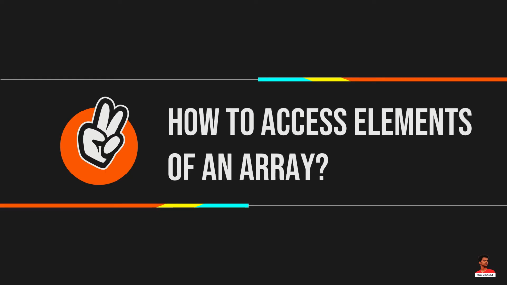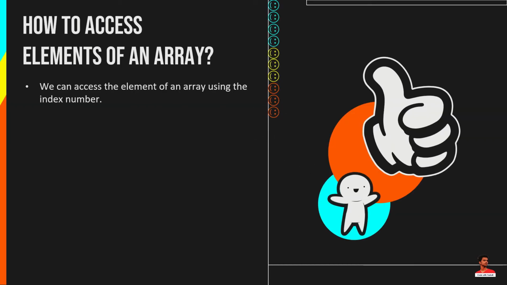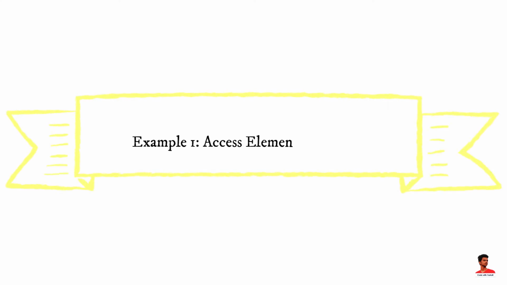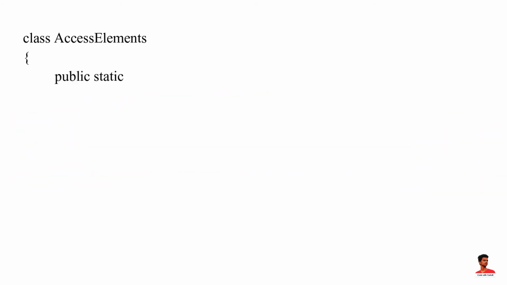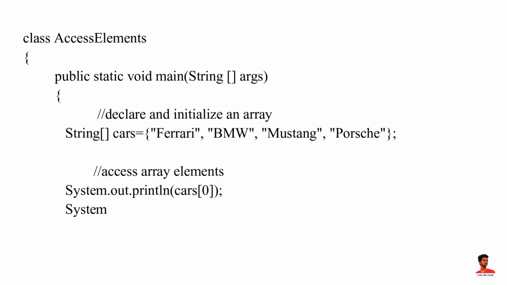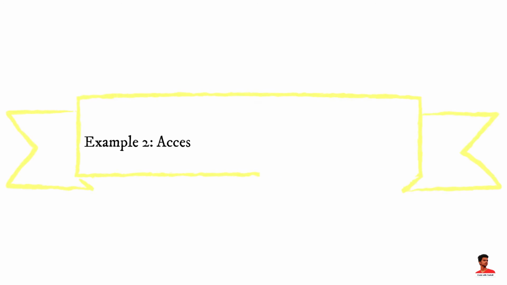How to access elements of an array in Java. We can also access the element of an array using the index number. Here's the syntax for accessing elements of an array. In this example, notice that we are using the index number to access each element of the array. Output of this program is